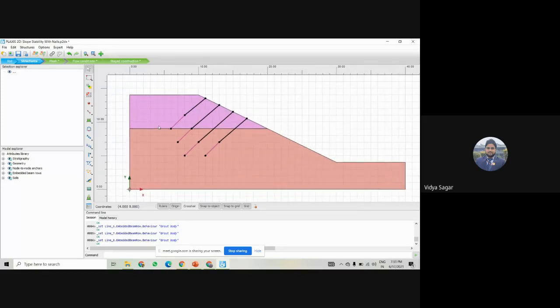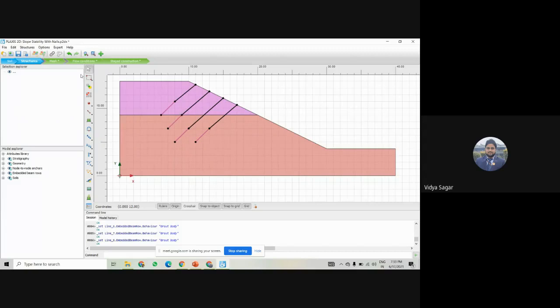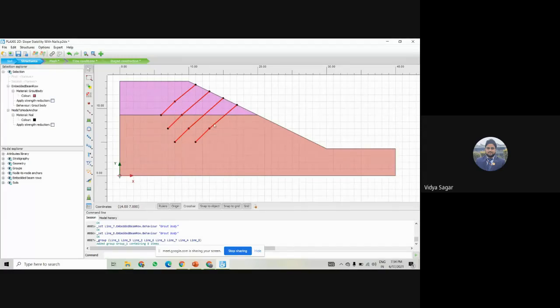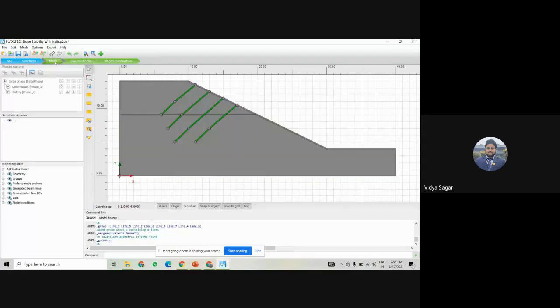Next, once this is done, is the mesh generation. So now I am making all of these one group, because I need to activate them all together. If I select these all, right click and make as a group, it is now showing the group option. So I do not need to activate these individually; I can activate it just once. Now second, whenever we create or change the soil model or the structure, after that we have to create the mesh.